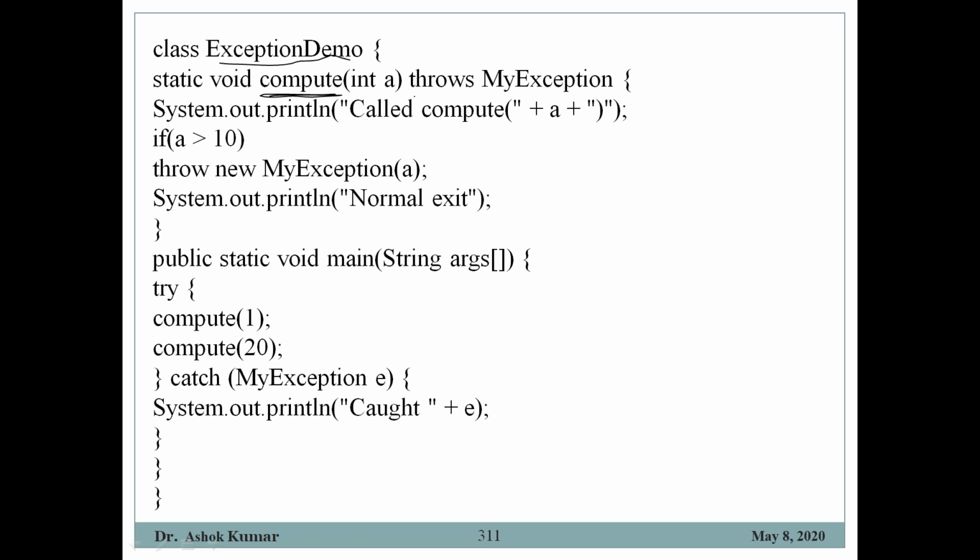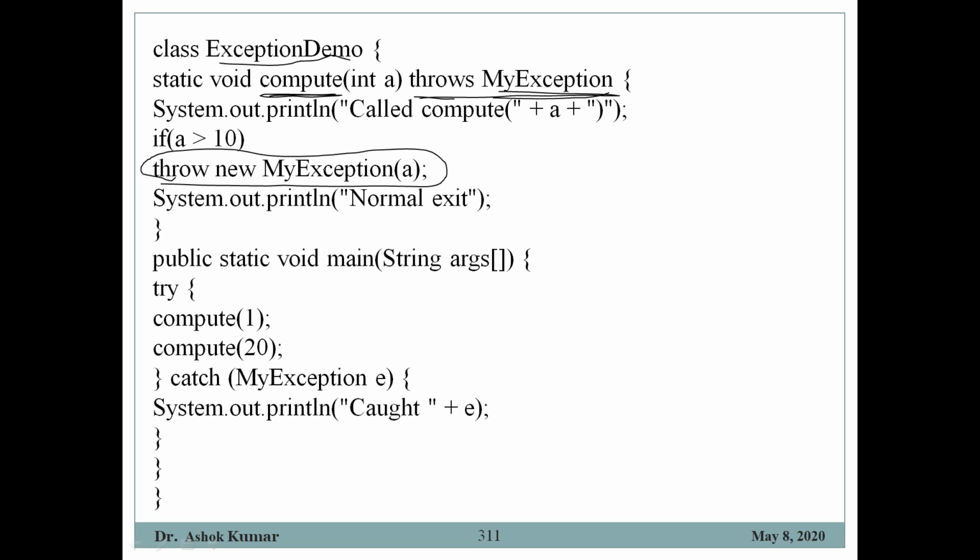We discussed in the previous class that we use throws if the method is not handling the exception itself. So here we are throwing the exception in the method, but this method is not handling the exception itself. So the program that will call this method will have to handle the exception.